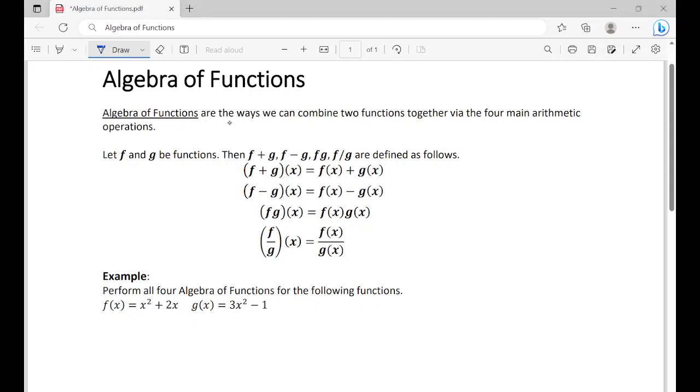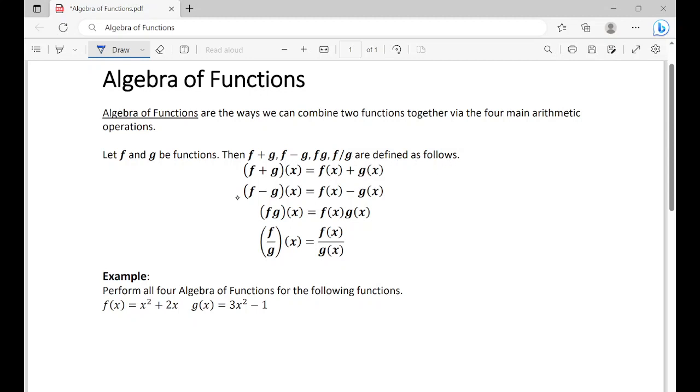Algebra of functions are the ways we can combine two functions together via the four main arithmetic operations. So we're going to let f and g be functions. Then f plus g, f minus g, f times g, and f divided by g are going to be defined